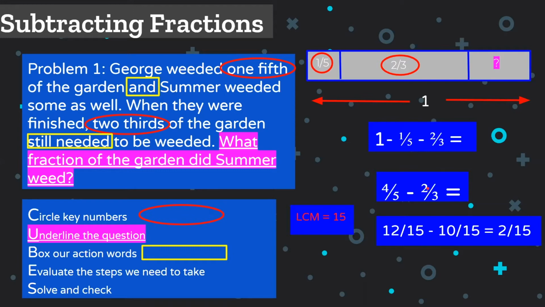So now we have our fractions, but what do we notice? We don't have like units. But we also know, we've been practicing a lot, we can determine the lowest common multiple is 15. And so all we have to do is convert 4/5 minus 2/3 to units of 15. We have 12/15, that's what 4/5 becomes, minus 2/3, which will become 10/15, and we wind up with 2/15 for